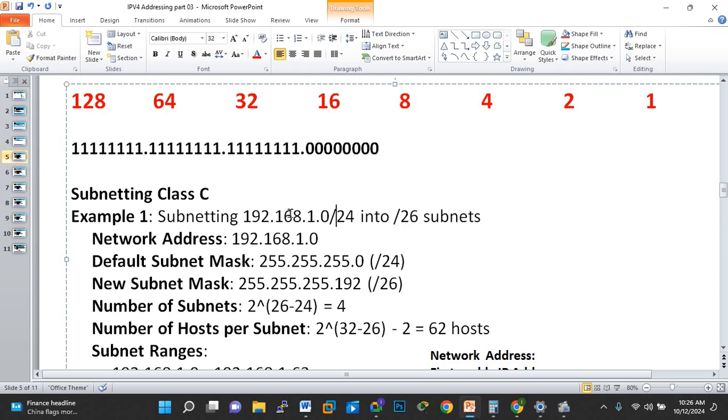So if we are subnetting this /24 to /26, how many? Now you can see 24, 25, 26. The new subnet, they ask us to change it to 26. So if we are subnetting this now, 26 means 8, 16, 24. All these ones are 24, meaning this 0 has moved to one subnet, and this other 0 has moved to the same subnet. Now these 2 zeros, we need to convert to 1,